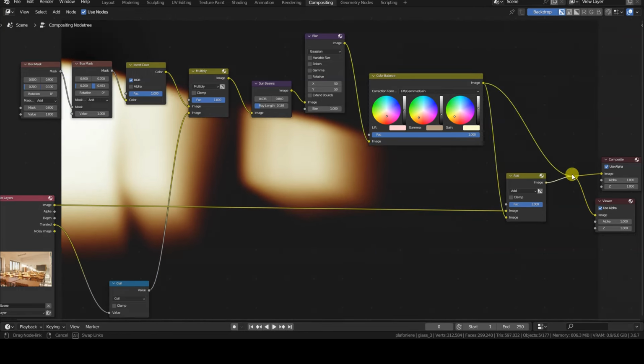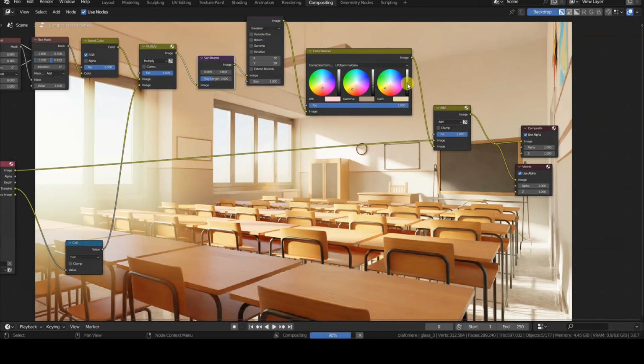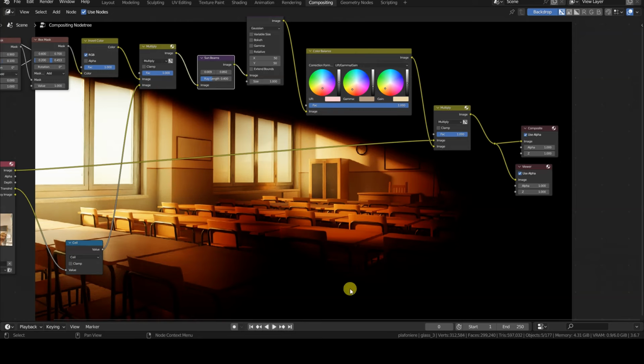The advantages of using sunbeams over volume scatter lie in significantly faster rendering times and greater ease of tuning. In the compositing process, it's easier to modify the parameters of the setup and visualize changes almost in real time. Moreover, with compositing, you can experiment with various blending modes.